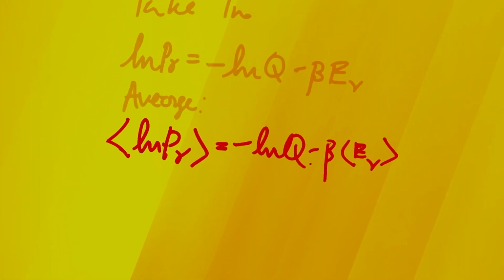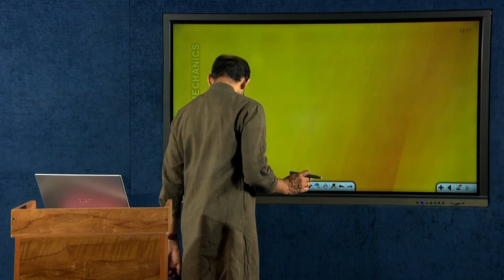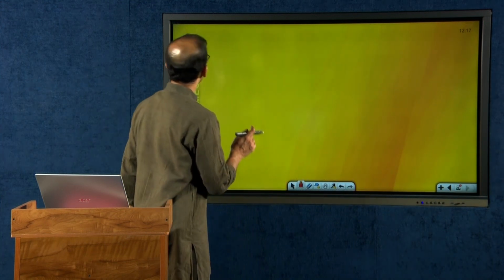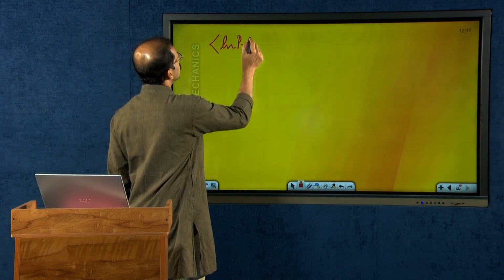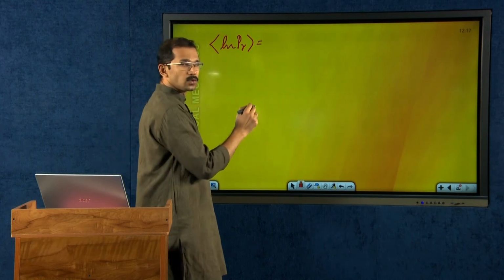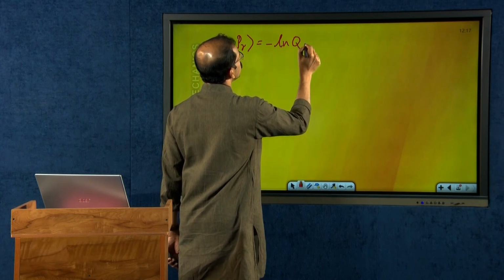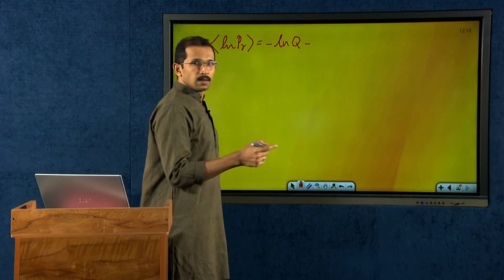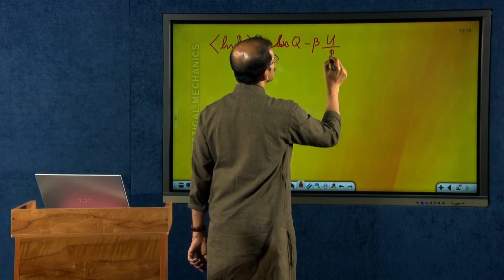In this expression, my average of E_r I can express in terms of U and P_r. Average E_r is equal to U divided by the sum over P_r. So, let me utilize that information over here. I can write the average of ln P_r is equal to minus ln Q minus beta U by the summation over P_r,